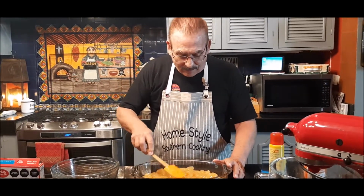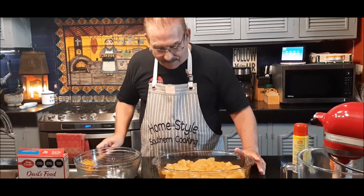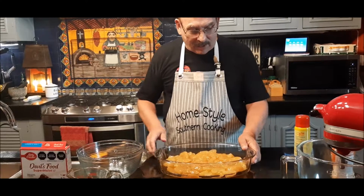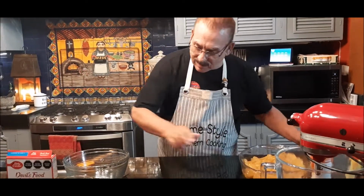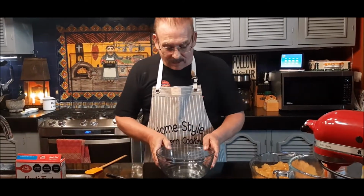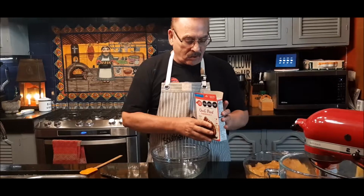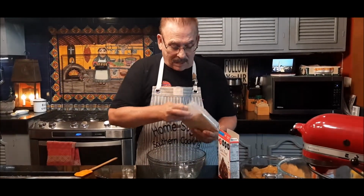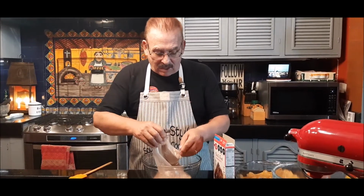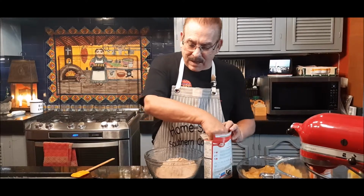So anyhow, this is the first step. I've got my apples in the bottom of my pan right here. So I'm going to set those aside just for a second, okay? Then I've got a bowl right here. And I'm going to take my bowl, and I decided to use devil's food. Now you can use regular chocolate. You could use a yellow cake mix if you wanted to, but I wanted the taste of chocolate and the apples together. So I'm taking that,